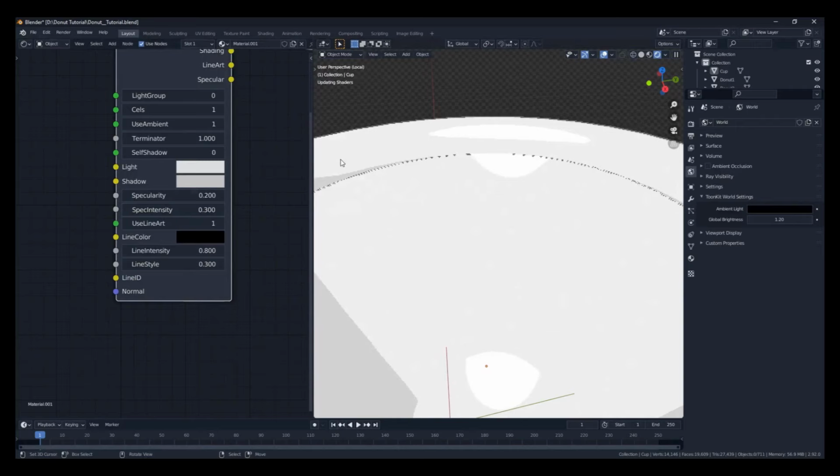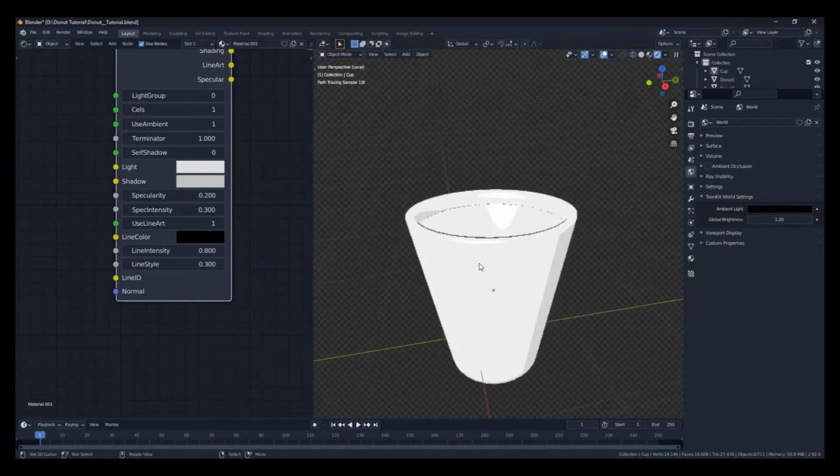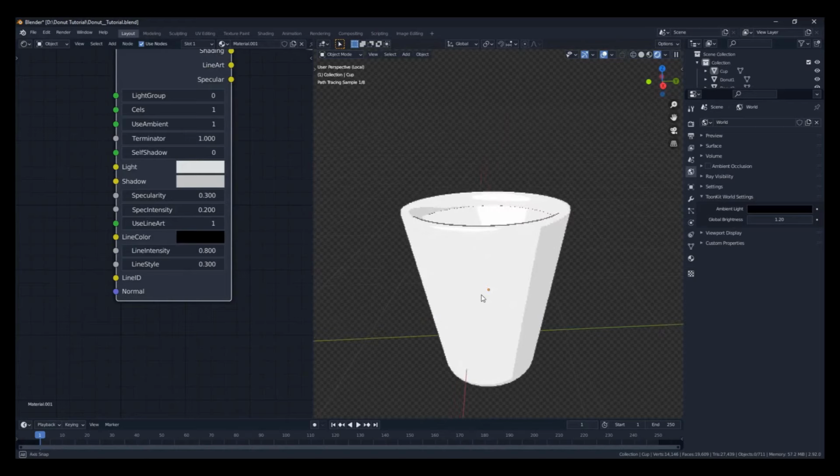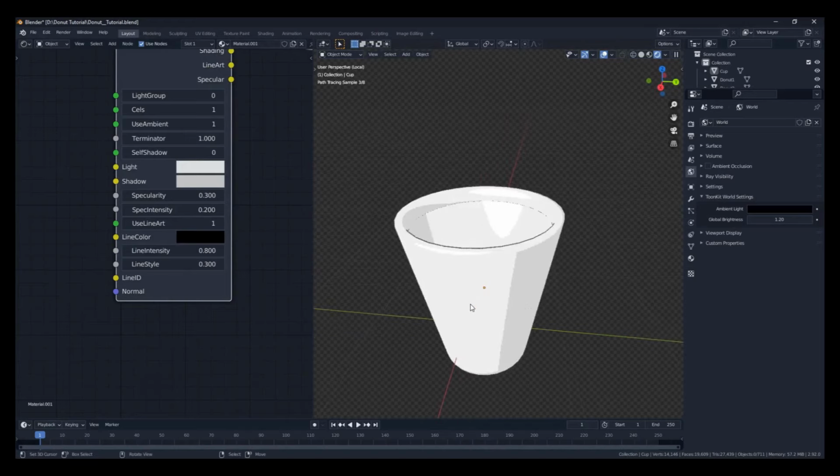And play with this value to get some nice reflections here. You can increase the specularity, which basically increases the size of this specular light, and the intensity just makes it less or more bright. Okay. So that was a very long introduction to do a cup, but